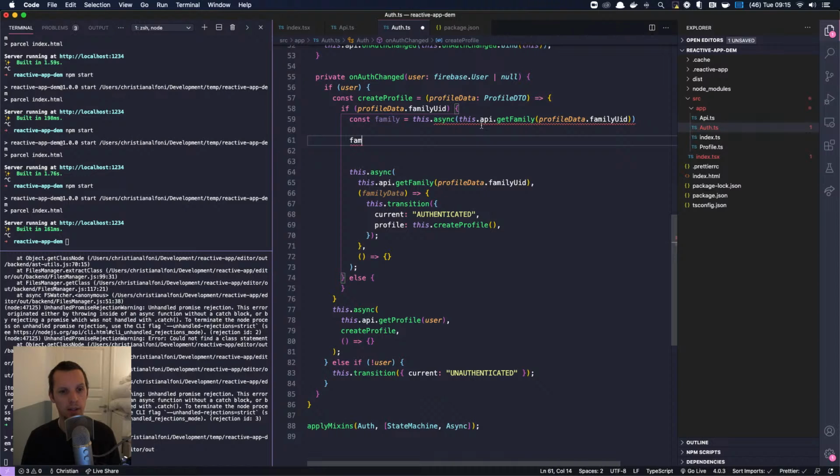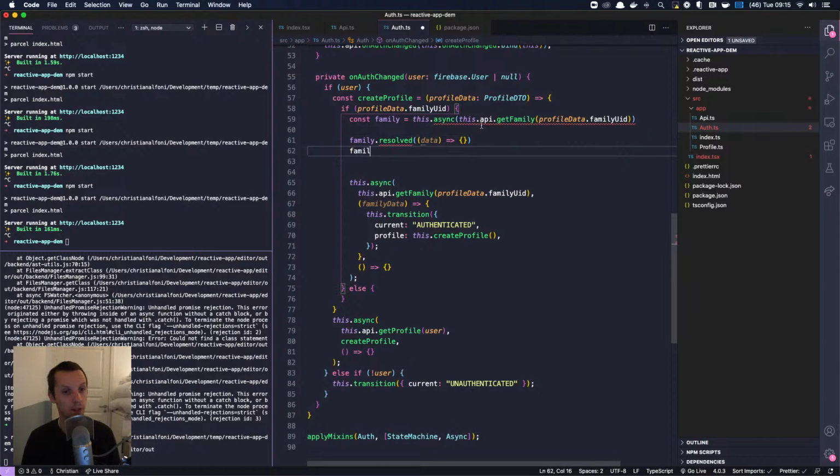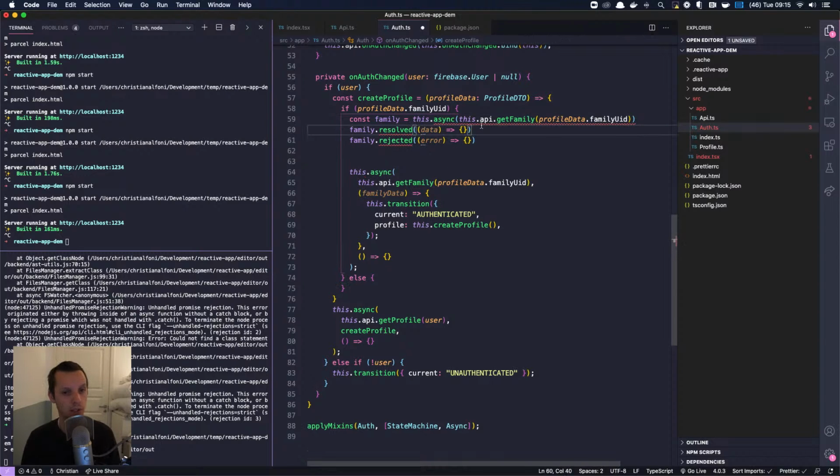But you would actually get a way to... so family resolved. This is kind of weird, isn't it? Then you would get the data there. And then you could optionally deal with family.rejected error. So the reason I'm doing this is because